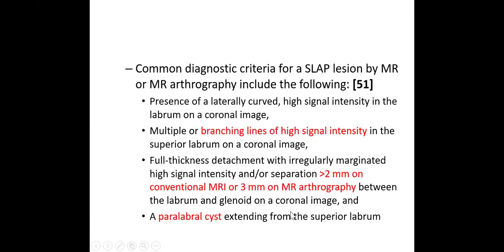And the last one is the presence of a parallel cyst extending from the superior labrum. ये cyst जो है ये fluid filled होती हैं और फिर इसकी मुख्तलिफ directions होती हैं। ये anterior भी present हो सकती है, posterior भी present हो सकती है, ऊपर भी हो सकती है, नीचे भी हो सकती हैं। और cyst जब भी बनी होती हैं, so cysts can be diagnosed on the ultrasound as well as they can also be diagnosed with the MR, but अल्ट्रासाउंड से ये easily हो सकते हैं।